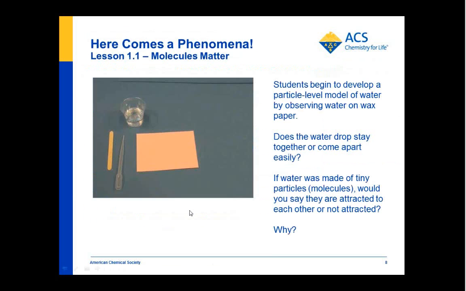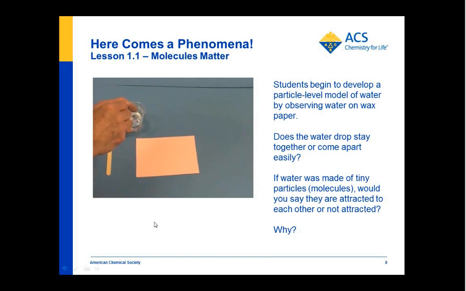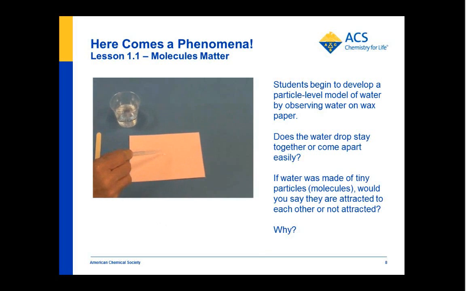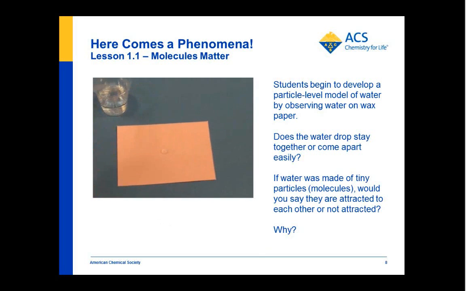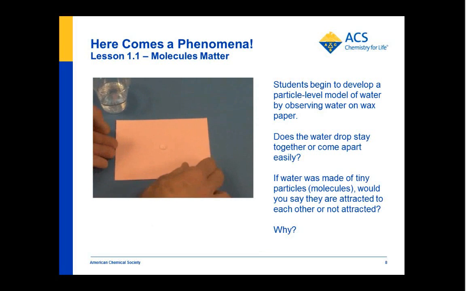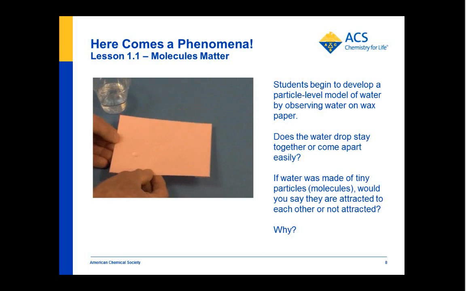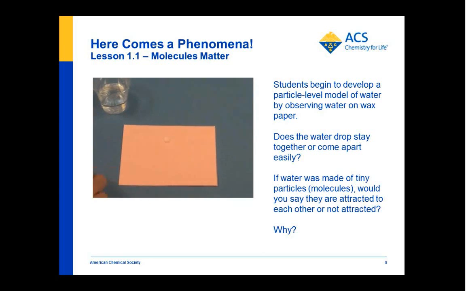So let's go. This is from Chapter 1, Lesson 1 of middleschoolchemistry.com. The idea here is to use a very simple set of materials to get kids thinking about matter on the molecular level. So basically, we just put a few drops of water together on a piece of wax paper. In this case, we put the wax paper on a piece of cardstock. And we have the kids tilt it, move it around,